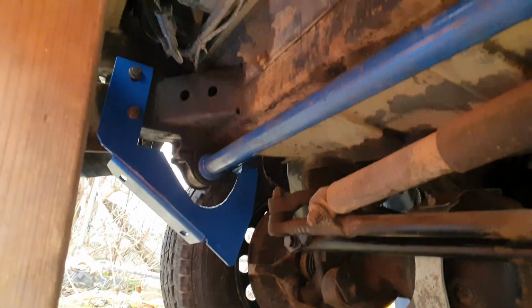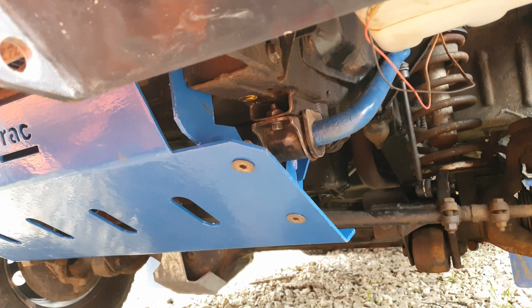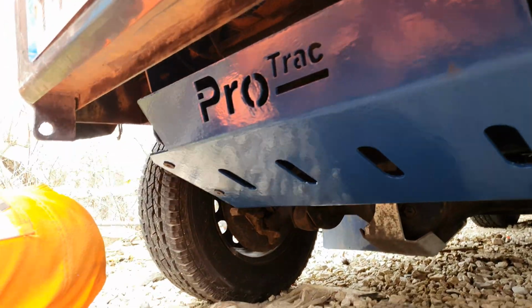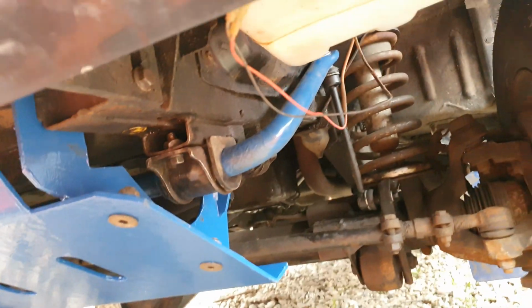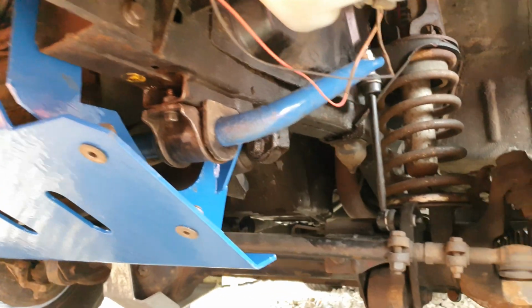So I've got one bracket loosely mounted. I'm going to do this side now. Right, front end's all buttoned up now. Well, the lower front end anyway. I have got another surprise for the front end, which will be in another video. But for now,